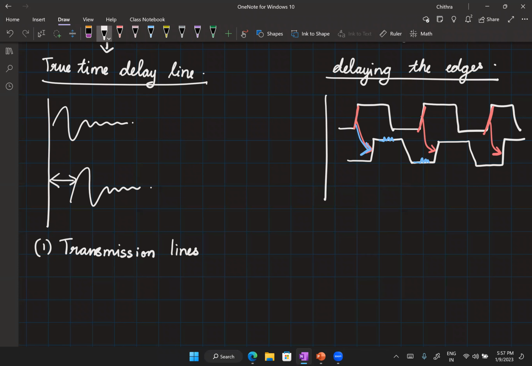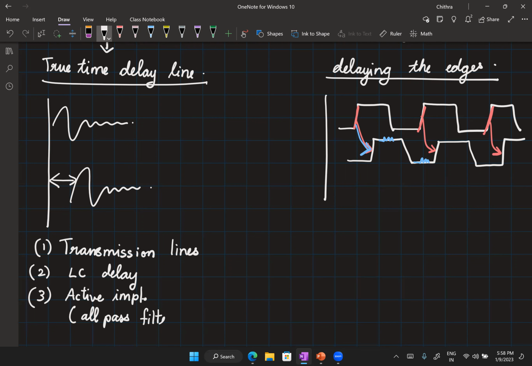It can be implemented using delay lines consisting of inductors and capacitors. So this is called LC delay lines. Or you can have active implementations using amplifiers. Now, these are basically all-pass filter implementations. Okay. Now, if you are interested to learn more about true time delay line, I recommend that you can look